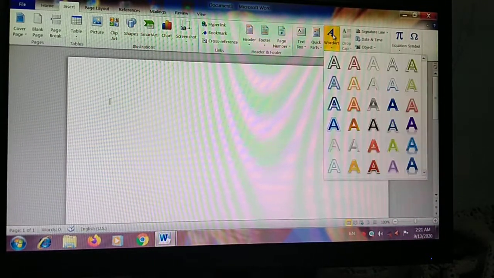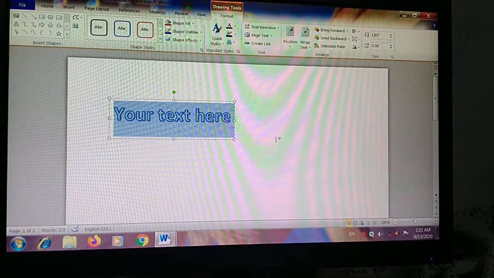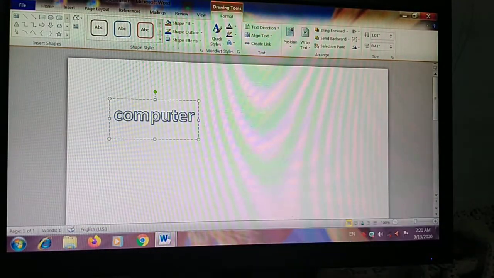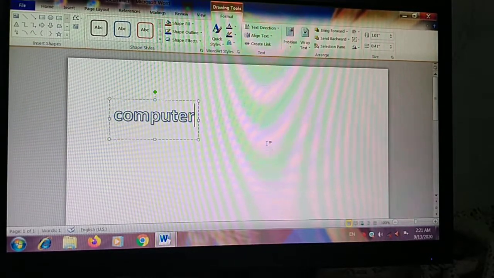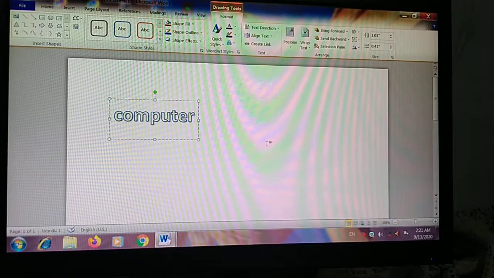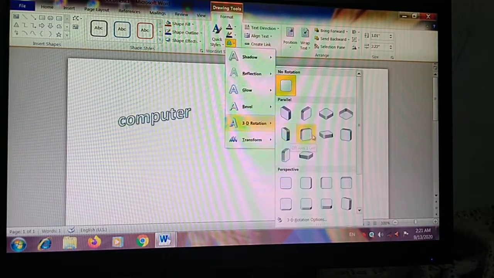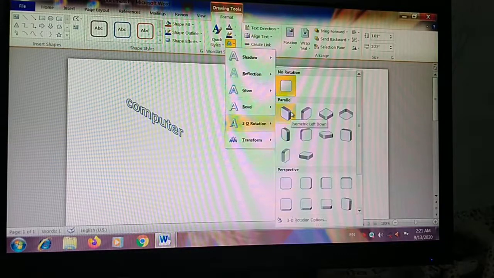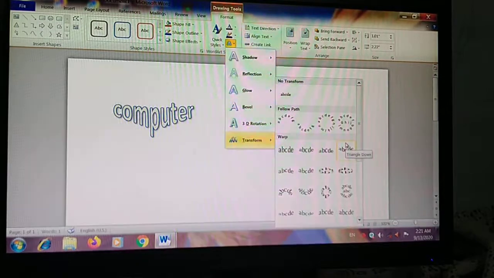If you have selected a word art, this one, then you have to type your text here. You can type your text here. I am typing COMPUTER. I have typed here computer. This is your text. Now in the word art styles group, click on the drop down arrow of text effects to open the list. Now here you can click on the drop down arrow, this one quick style, and you can take any effect here. See how this can be changed. I have selected this one, this can be changed. I am selecting 3D, then you can see how it is changing. You can do it from here.